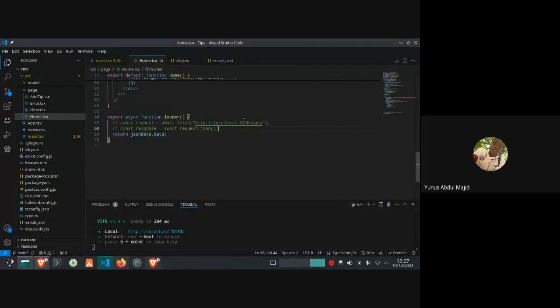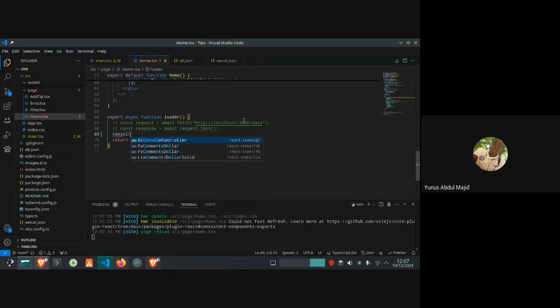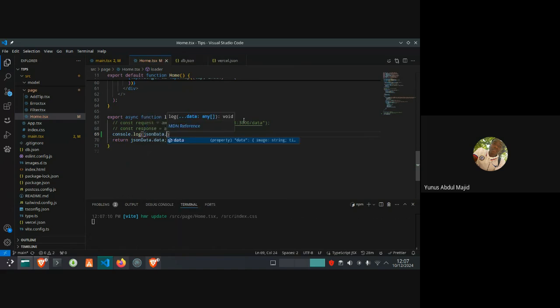Okay, let's see what this returns. Also, console.log JSON.data.